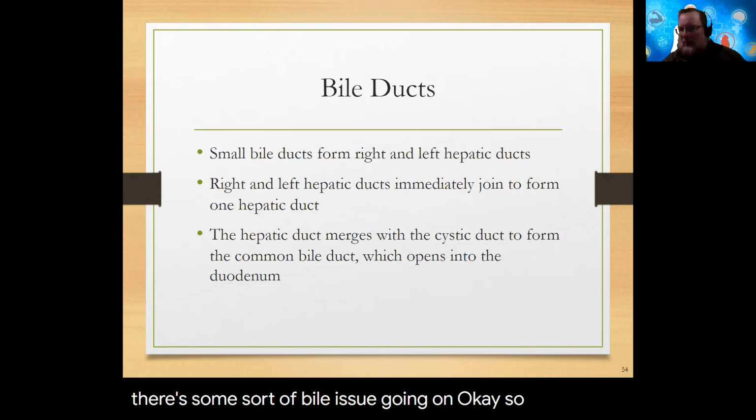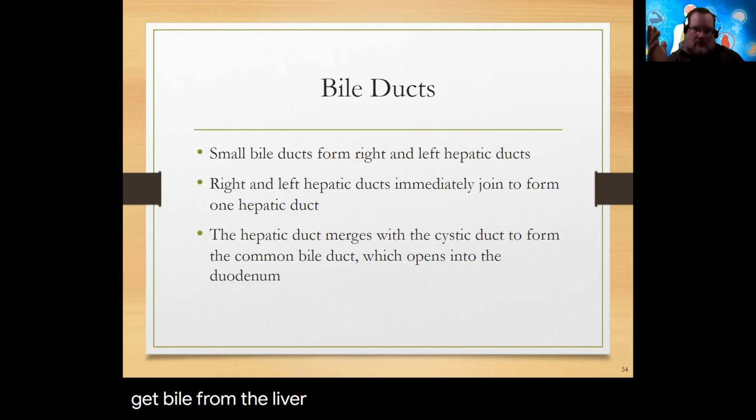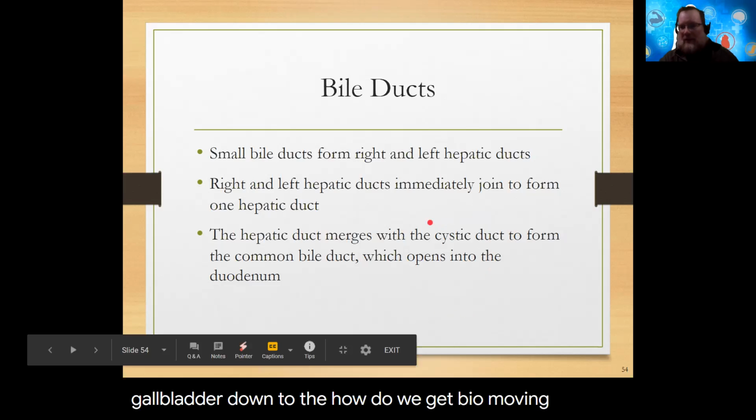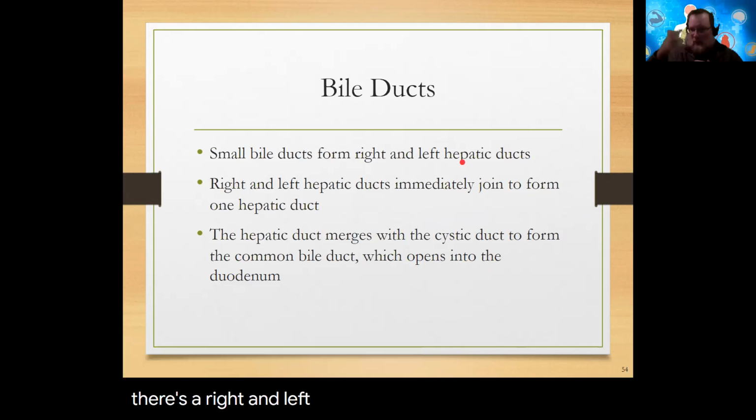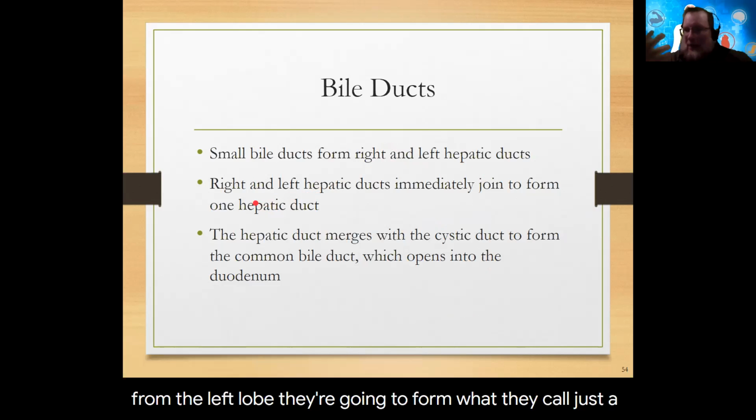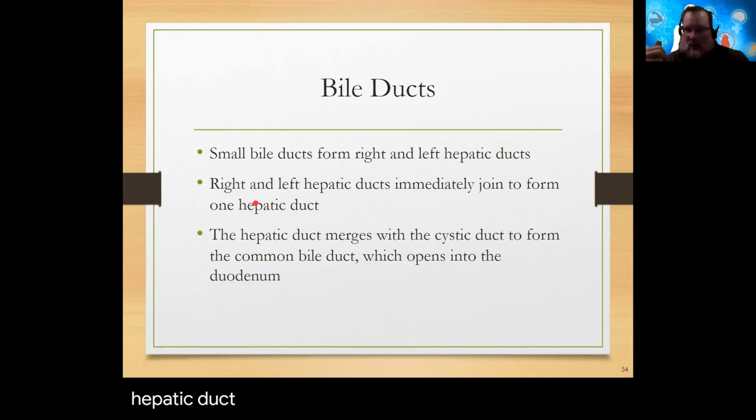Okay, so how do we get bile moving from the liver to the gallbladder and down? Well, we do have what are called hepatic ducts that leave the liver. There's a right and left, one from the right lobe, one from the left lobe. They're going to form what they call just a hepatic duct, or common hepatic duct, you might see it called. That hepatic duct is going to